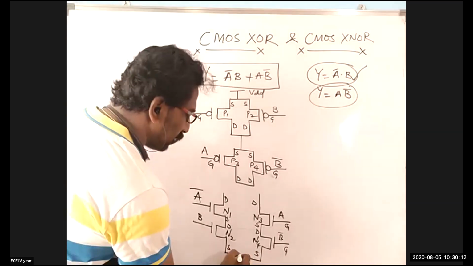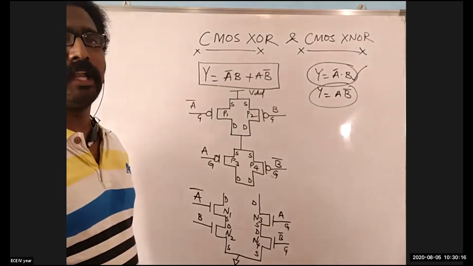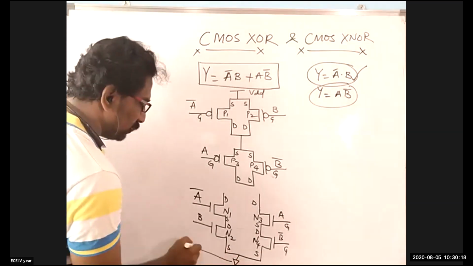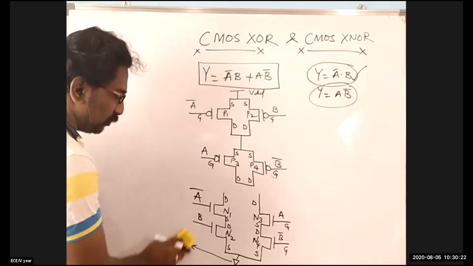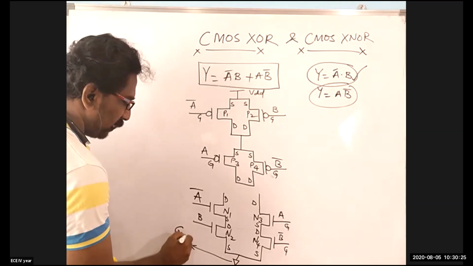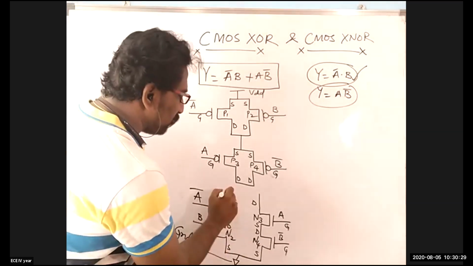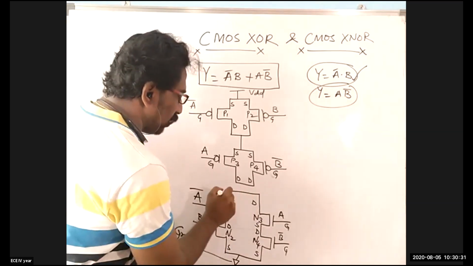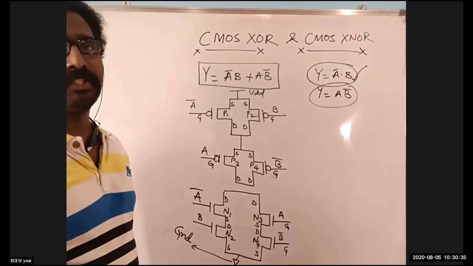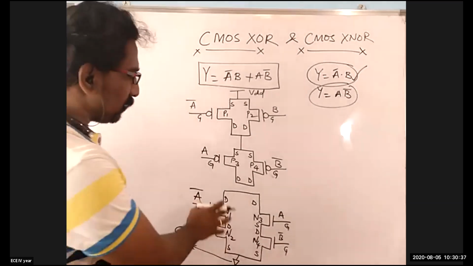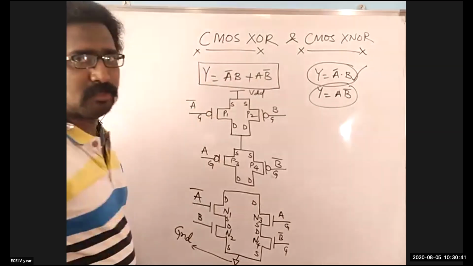If both the sources are being shorted, at the shorted source terminal you are supposed to connect your ground terminal. This is your ground terminal. The ground terminal has been connected at the shorted source terminal of your n device. Now, in the same fashion, the drains are to be shorted, so that now this entire set of n blocks will become a complete n block for this Boolean equation.